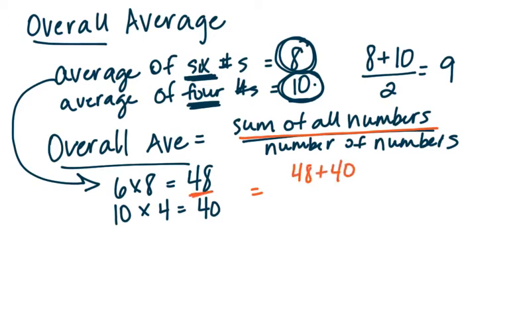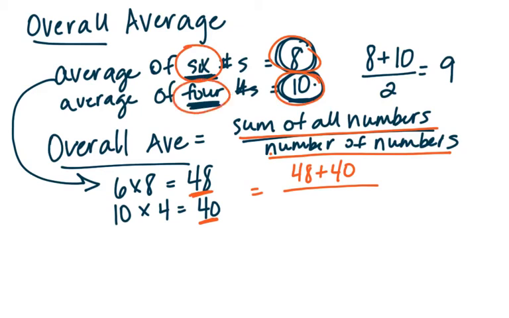So I'm adding the first 6 numbers and the last 4 numbers, and I'm going to divide it by the total number of numbers. So meaning this one was representing 6 numbers, this was representing 4, so all together they're representing 10 total numbers. So when you add this together, 48 and 40, you get 88 divided by 10, so